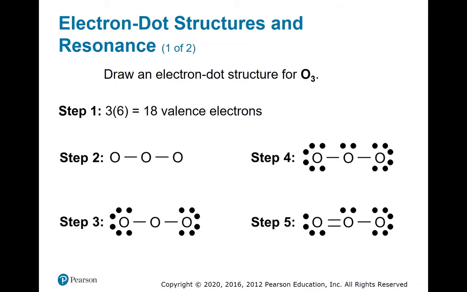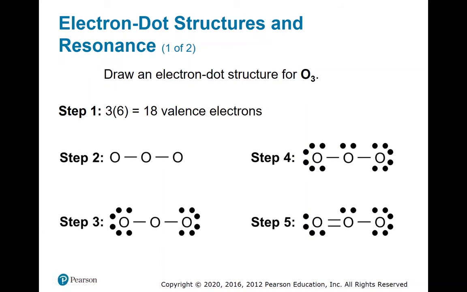If after step 4 we look at our oxygen here in the center, we have a lone pair and then 2 single bonds. So we have 3 pairs of electrons around this, meaning we have 6 valence electrons around our central oxygen. Now, obviously, if we're following the octet rule, we'd like to have 8 electrons. So we don't have enough electrons, which means, as with previous examples, what we're going to need to do is